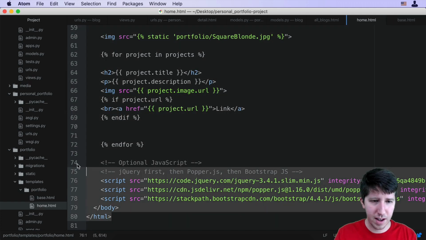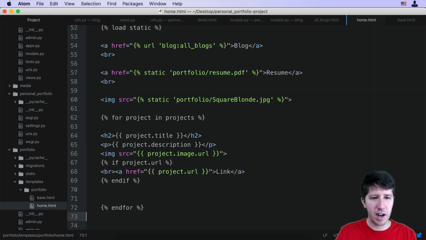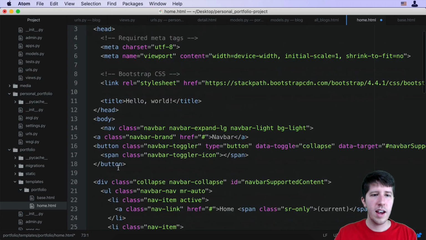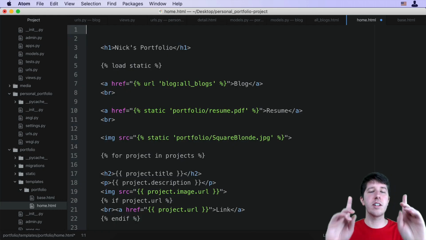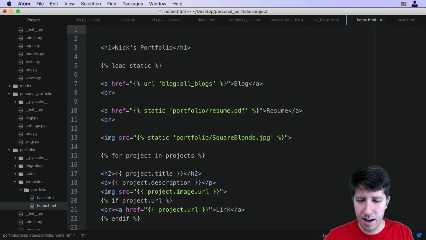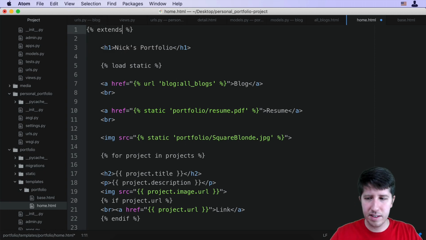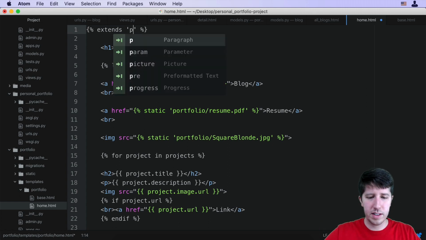home.html. I'm going to get rid of that ending bit. I'm going to keep the endfor, and then up at the top, I'll keep Nick's portfolio, but the nav bar, everything else, I'm going to delete. And instead, I'm going to do my curly brackets percentage and say extends. And then I'm going to put the name of the file that this is extending. So you'll see how this works in a second. But I'm going to say